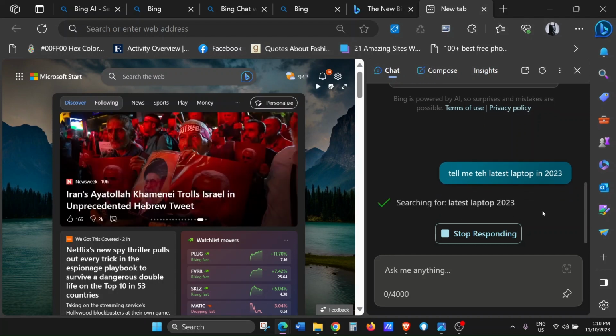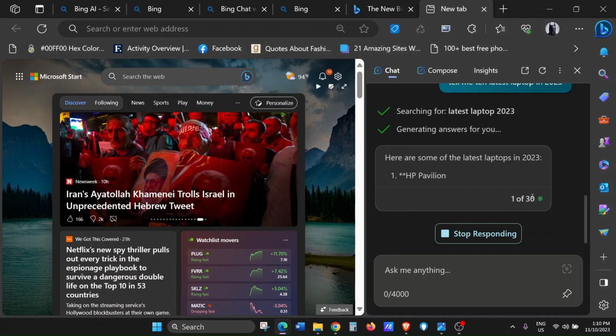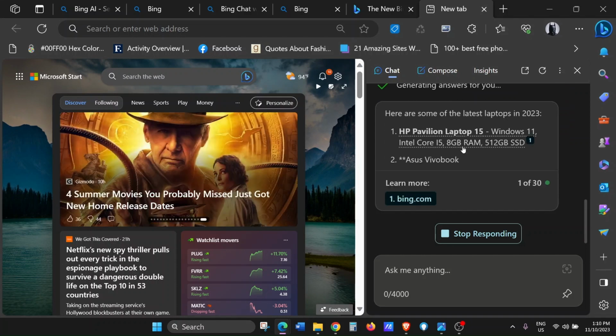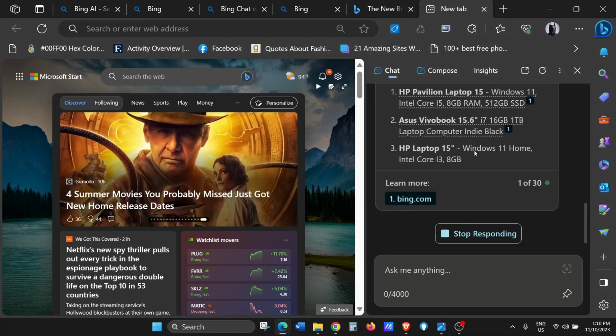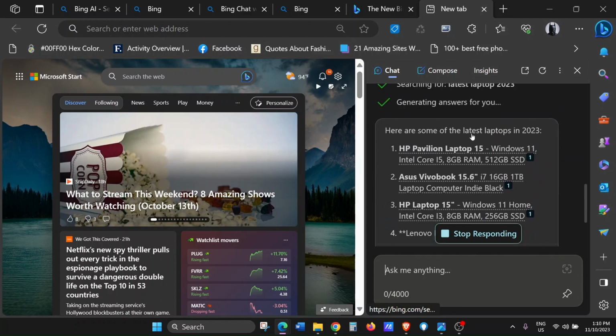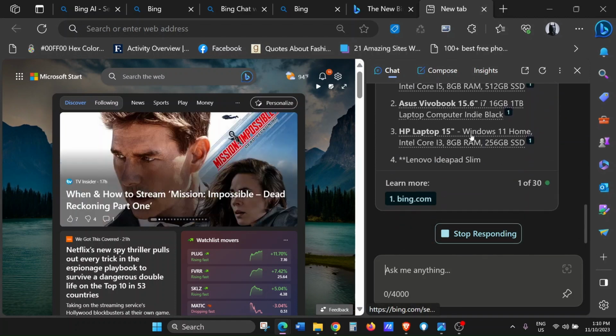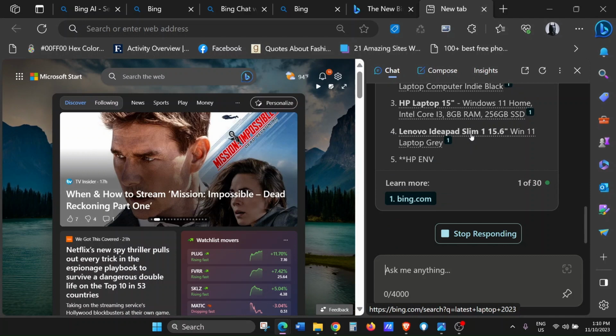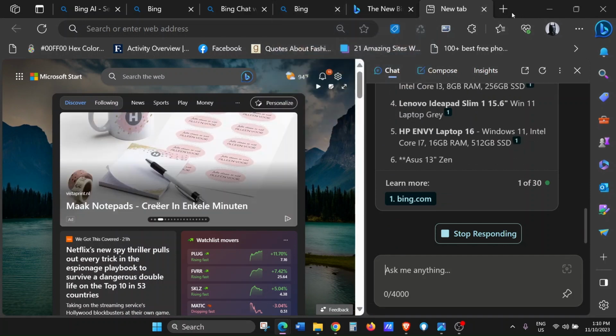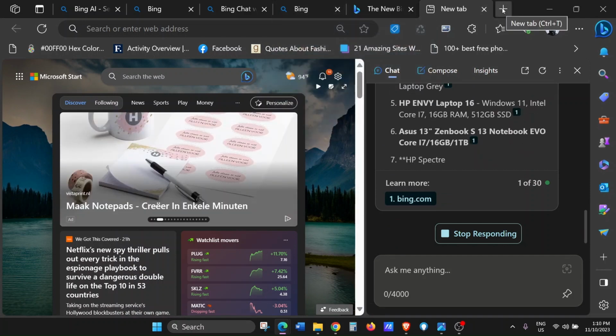So searching for the latest laptop 2023, and there you go. Awesome. Okay, it's already given me the answers. So this is one way of accessing Bing. The next way of accessing Bing is,